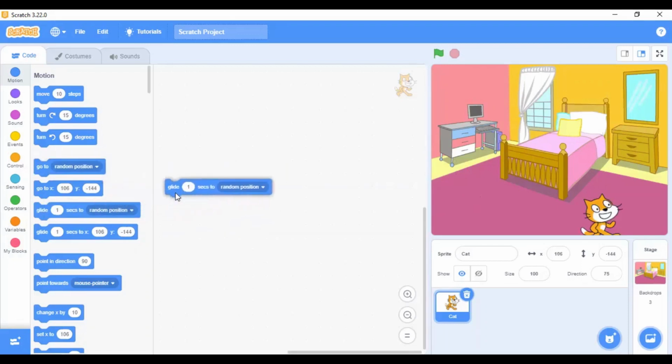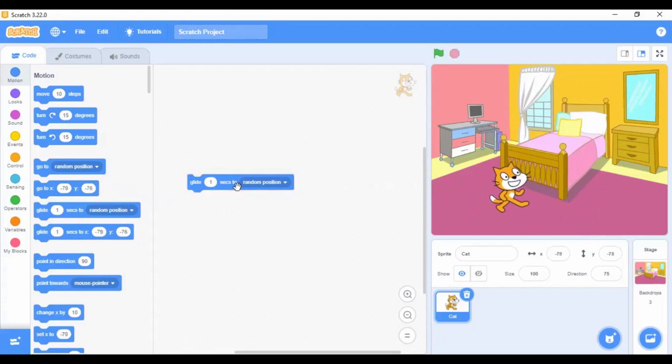Next, we have the glide 1 seconds to random position block. The glide 1 seconds to random position block will make your sprite glide to a random position for the specified number of seconds. If I change this seconds value to say 3 seconds, then the sprite will move very slowly to the random